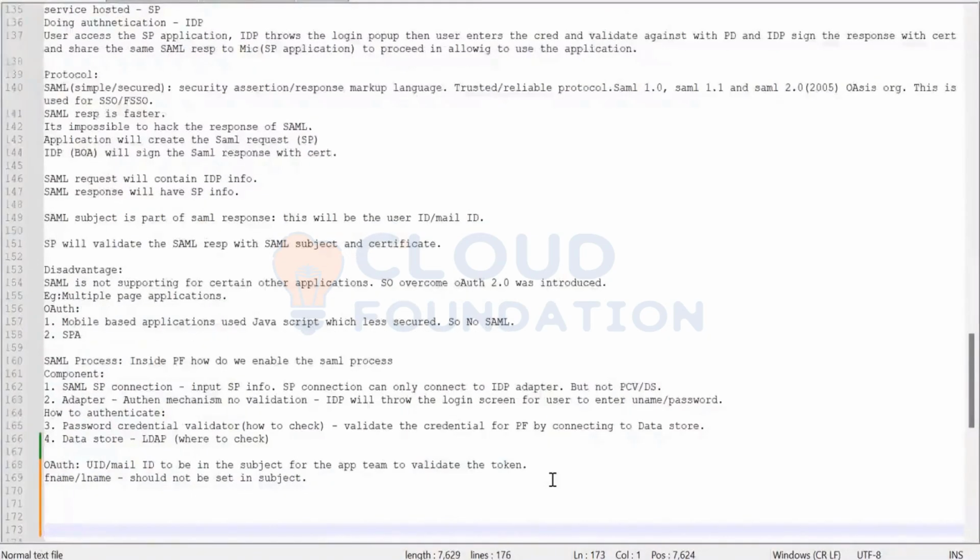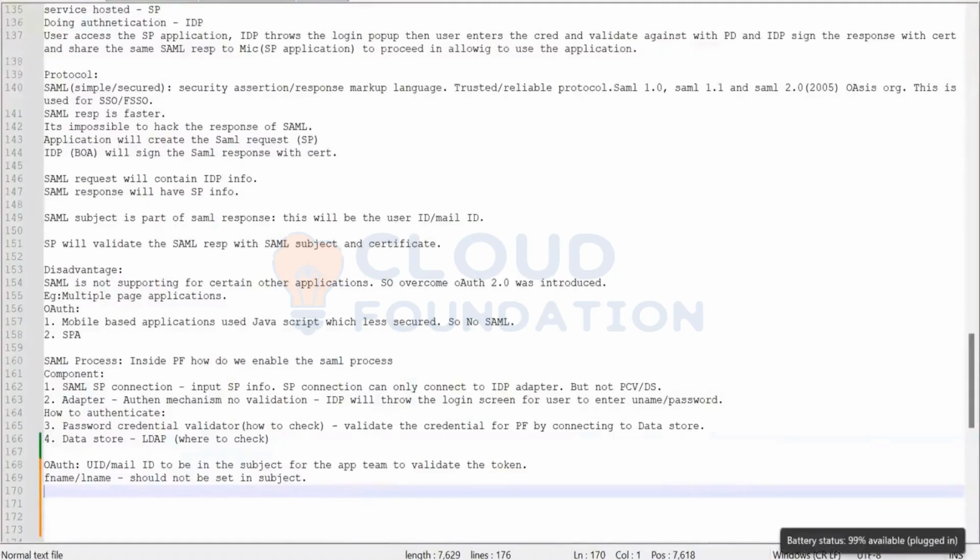That's why SAML is considered the most secure way of doing federated single sign-on, basically because that is the secure one. Because SAML subject validation is there, and certificate validation is also there. The application needs to validate both, mandatorily.